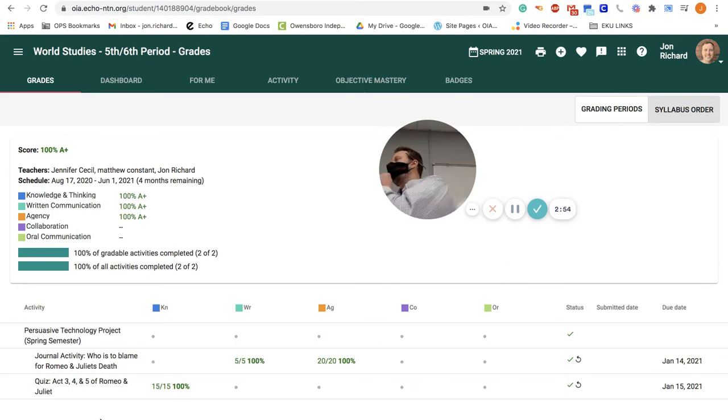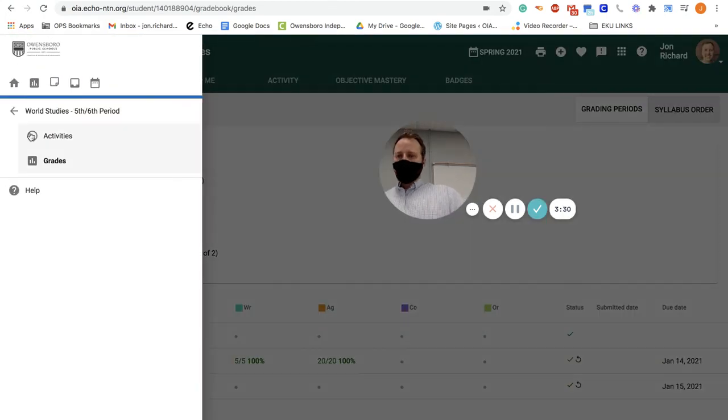Now it will take the second grade, whatever it is. So if you do worse on the second one, then you have to keep that. But again, that is open book, open reading and everything like that. So there's really no reason you shouldn't score well on that, okay? And then the journal activity was just a response. 2 paragraphs talking about who you think was to blame for Romeo and Juliet's death, and most people did really well on that. In this example, fake student, you can see they got 2 100s, and they have 100 in the class so far. So if you don't have that done, that is your number one goal, okay?